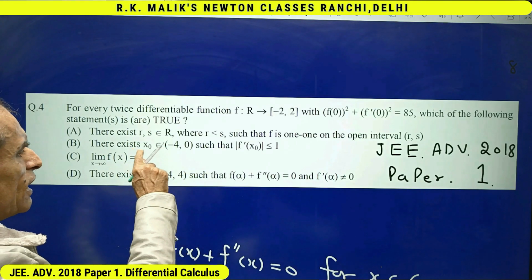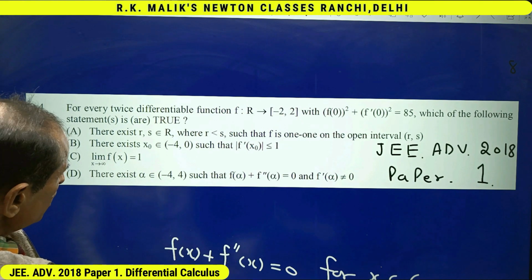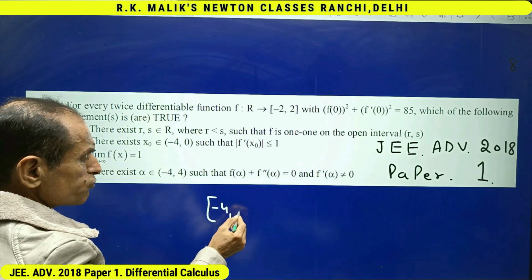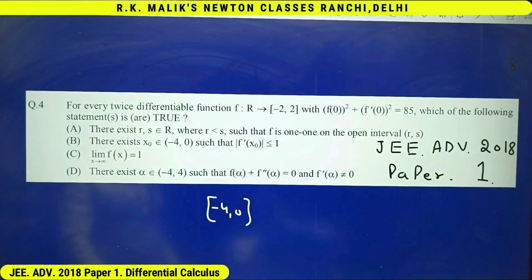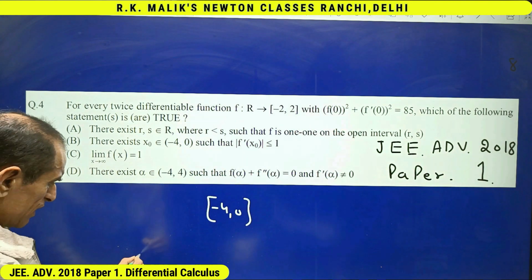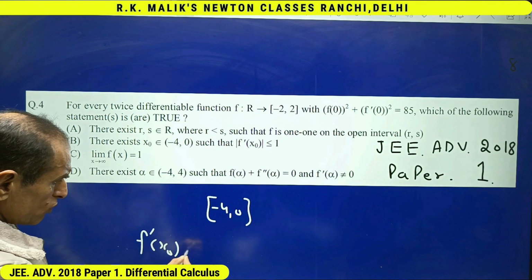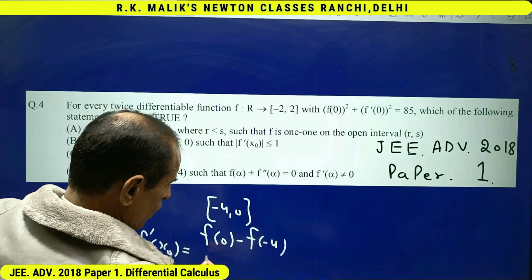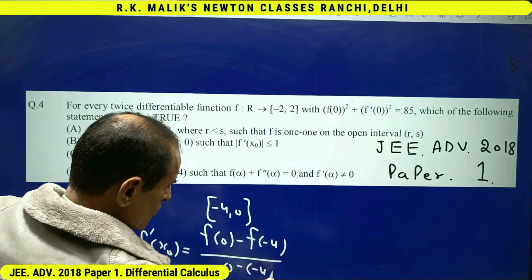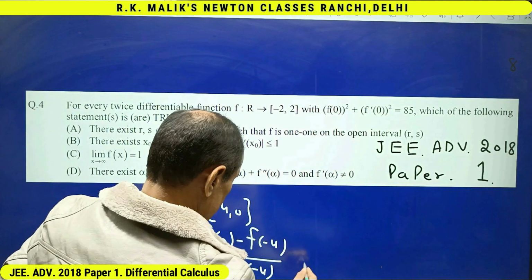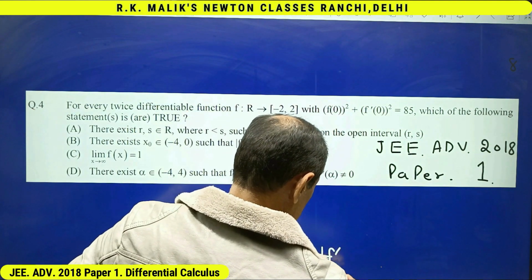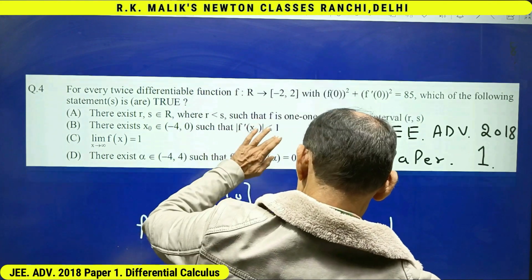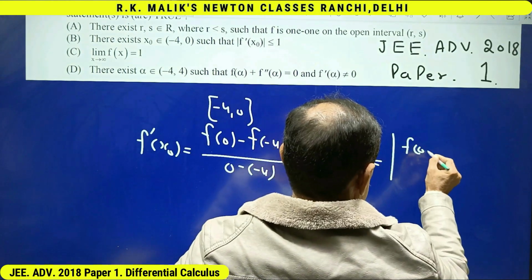Otherwise, I can prove this thing very easily using Lagrange theorem also, because according to Lagrange theorem, in the interval -4 to 0, there is at least one number x0 such that f dash x0 is equal to f0 minus f minus 4 upon 0 minus 4, and this implies that mod of f dash x0 is equal to mod of f0 minus